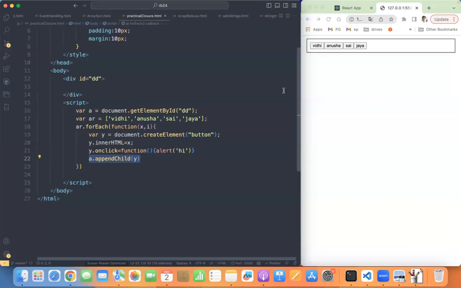After that, what will happen? The name will be inserted. A button will be created. In that button, Sai will be the inner HTML. Then to that button, the on-click event listener will be binded. After that, the Sai button